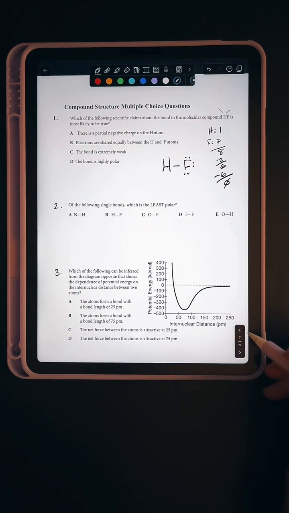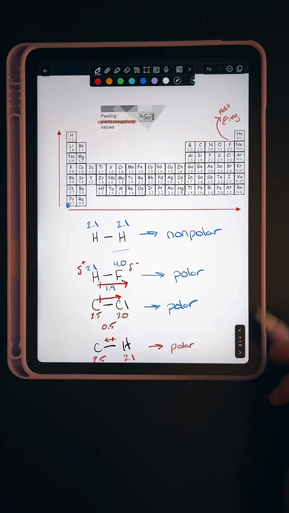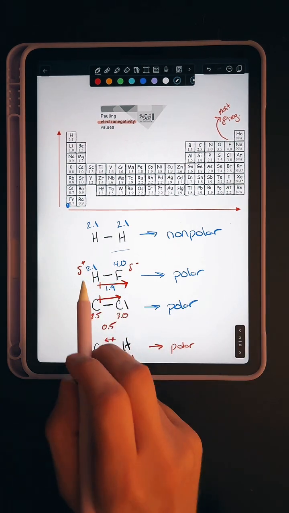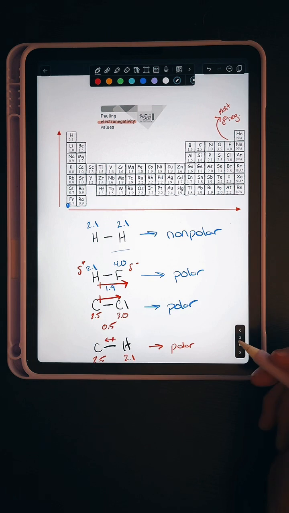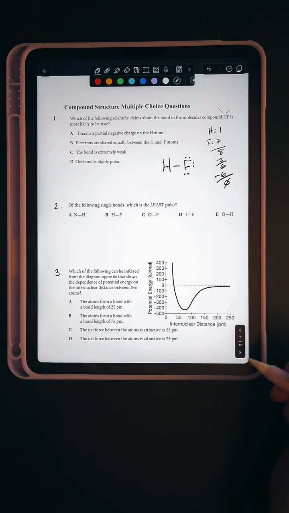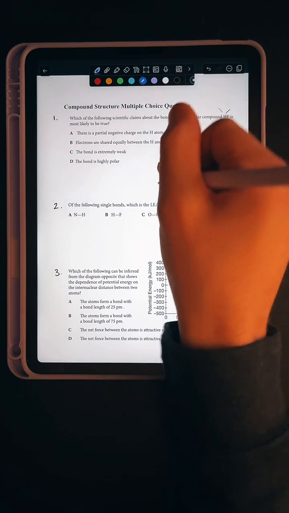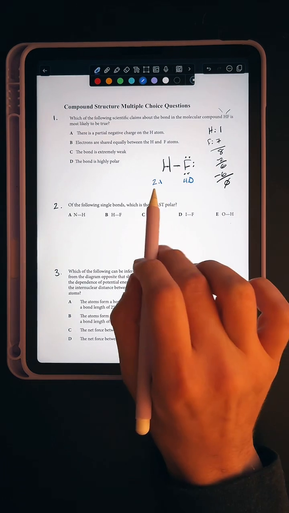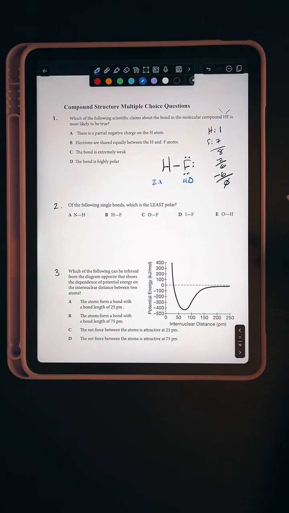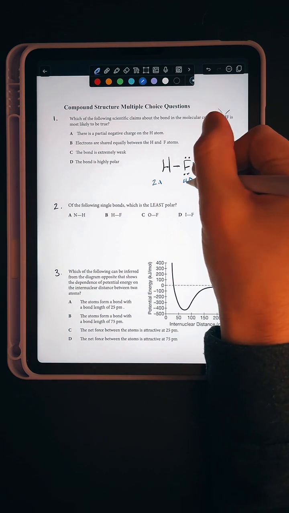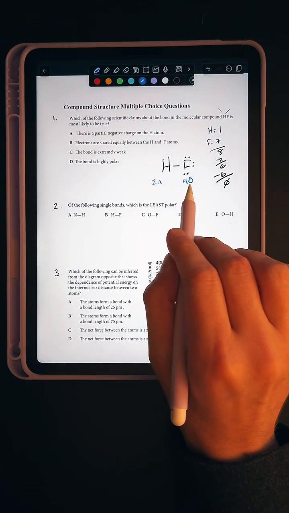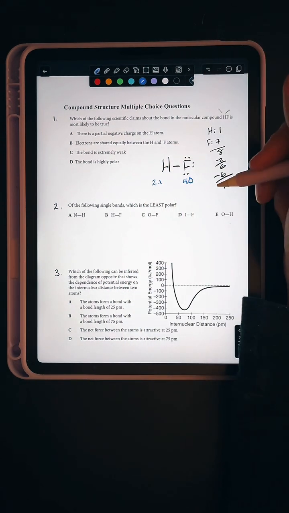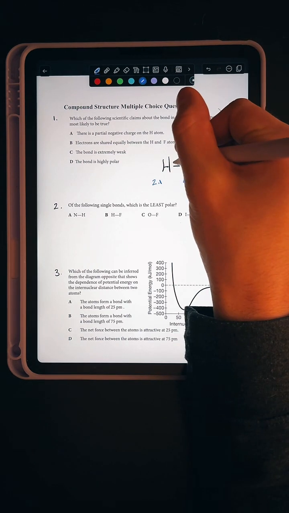Now, I'm going to go back here for a moment. If we were to look at the electronegativities, we sort of did it a little bit here. We have 2.1 for hydrogen and 4.0 for fluorine. Fluorine is the most electronegative atom. So if we were to look at the electronegativities, or that pull for electrons, the higher the number, the more electronegative an atom is. So here, because fluorine is more electronegative than our hydrogen, it's pulling those electrons closer to it. These electrons in this bond,